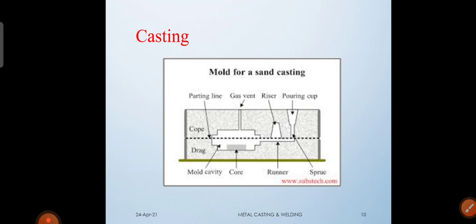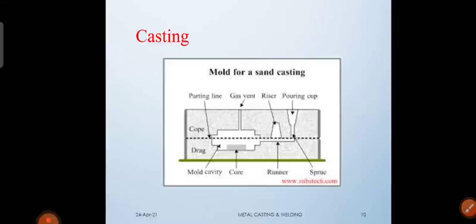Once we pour the liquid molten material into the mold, we allow the molten metal to solidify. After solidifying, the product is taken out and cleaning is performed. This process we call the casting process.